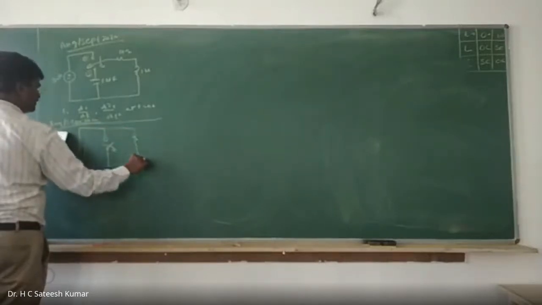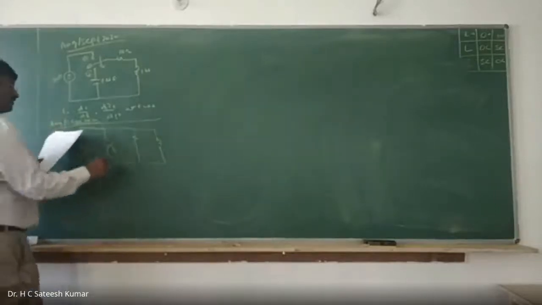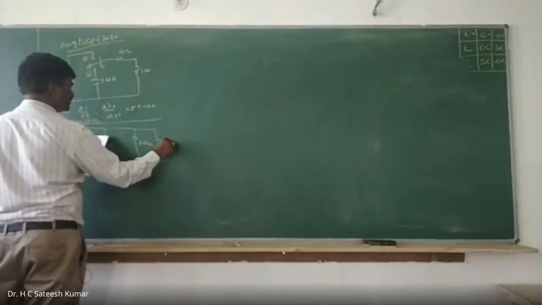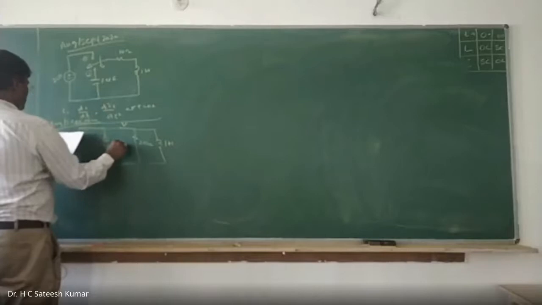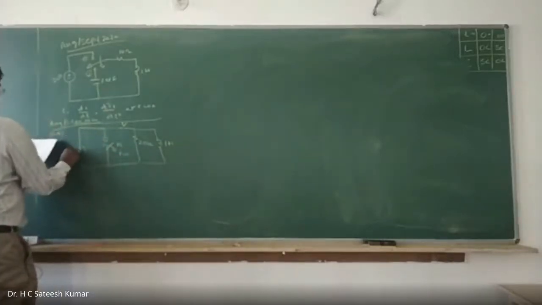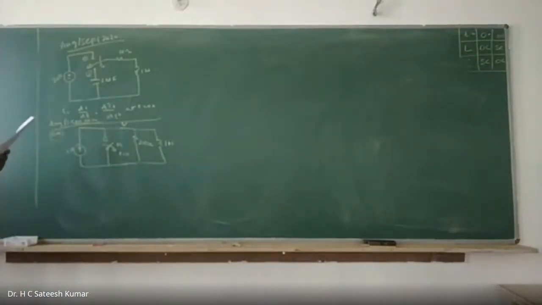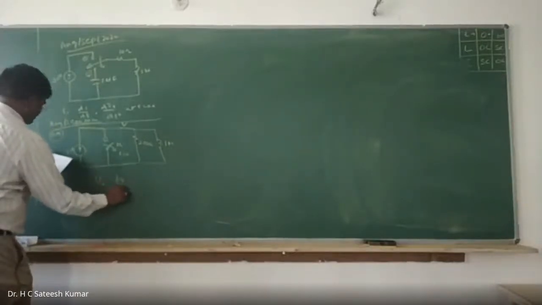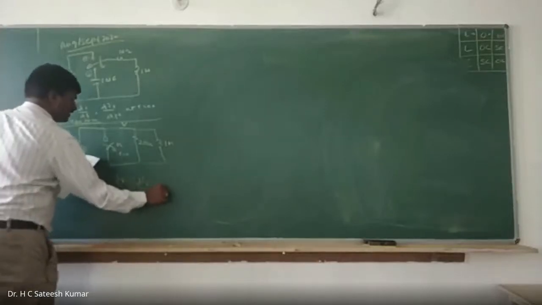One resistor, one inductor. You will have to apply KCL. That problem I did it, but the values may be different. 200 ohms, there might be 220 ohms I might have used. 1 Henry. This voltage is called V. Switch K is opened at T is equal to 0. 2 amps. Question is, in the network shown in figure, switch K is opened at T is equal to 0. Find V, dV by dt, d squared V divided by dt squared at T is equal to 0 plus.